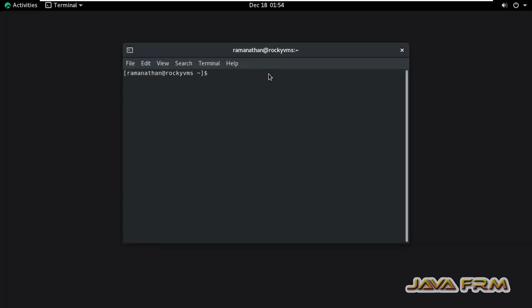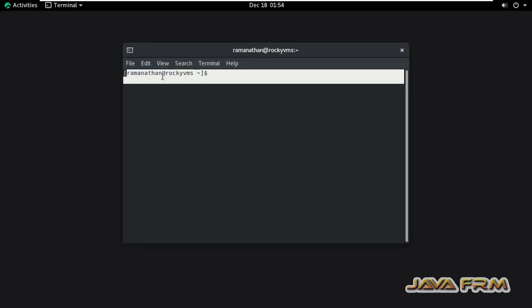Yes, I am able to log in. Okay, make use of this feature in